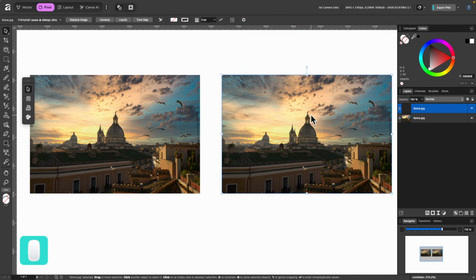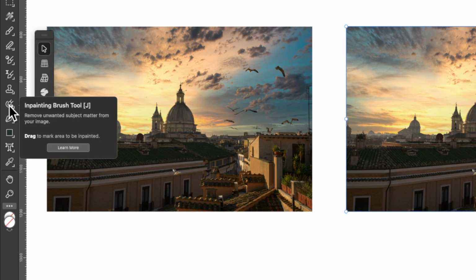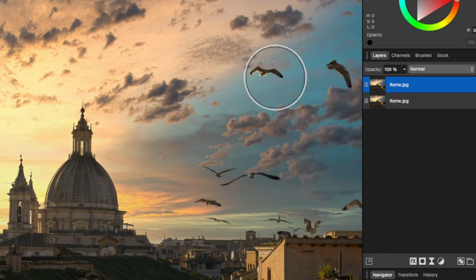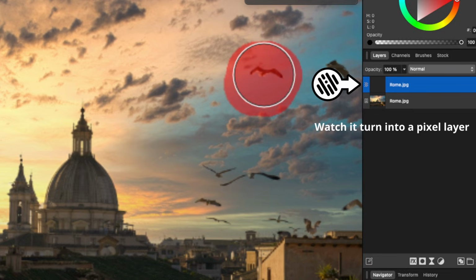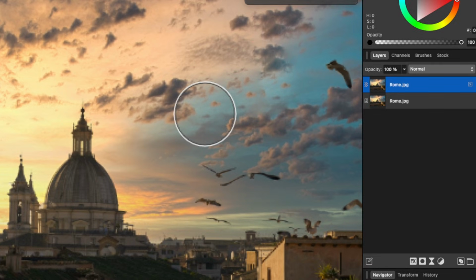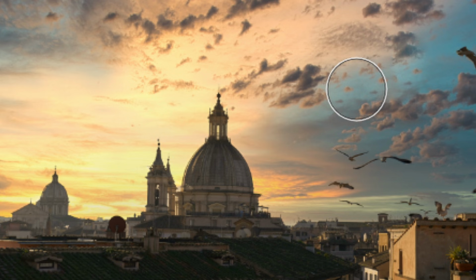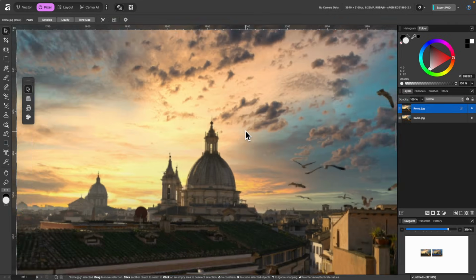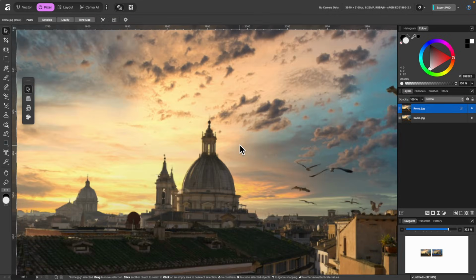And with this one, I'm going to make a destructive edit to it. So I'll head on over to the In-Painting Brush tool. I'm going to click on that. And I'm going to go in and just brush out one of these seagulls. And now that I've made that edit, you can see it looks a little bit pixelated now, doesn't it? Basically, at the time you made the destructive edit, if you scaled it down, it will now be locked in that quality and you won't be able to retrieve it unless you press Command Z.